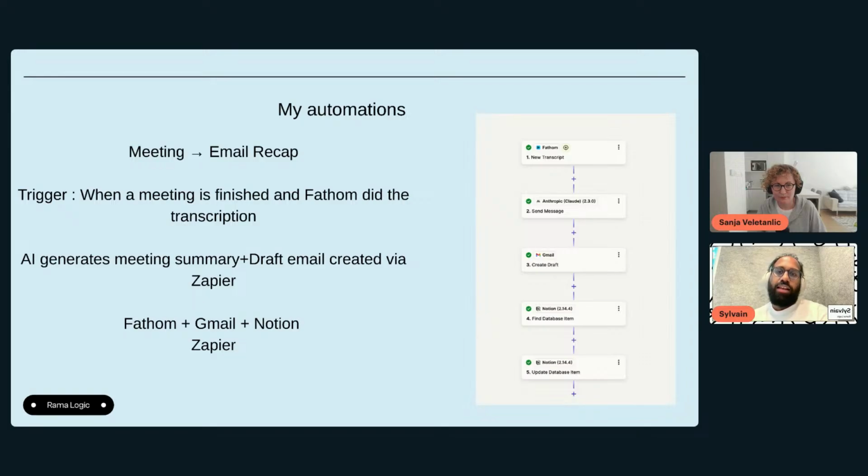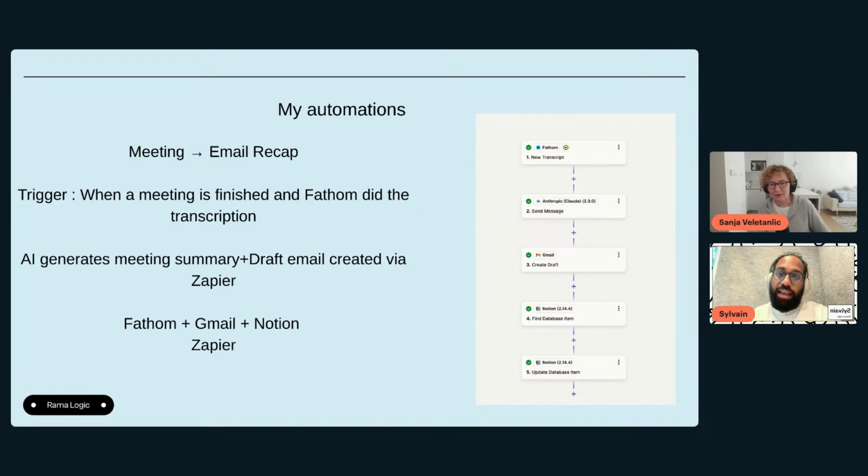So if it's a sales call, or someone that I know, and everything. After that, it generates a summary directly in my Google drafts, and I can just read it again, correct some things, and send it. And I now spend less than 2 to 3 minutes on that versus 30 minutes.